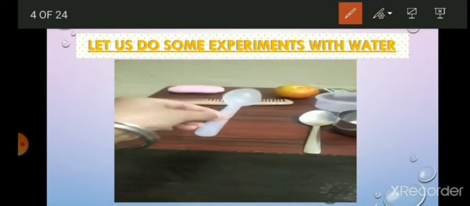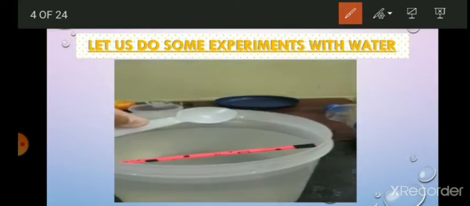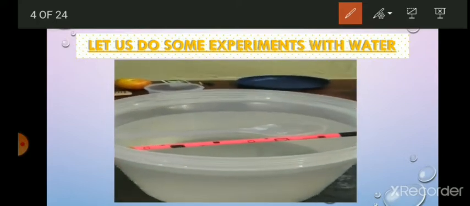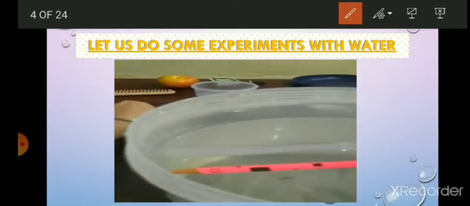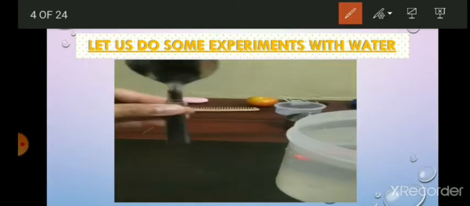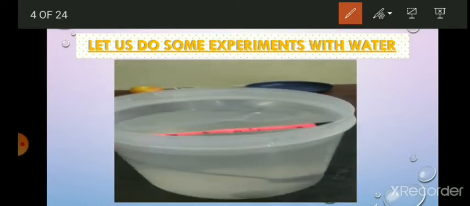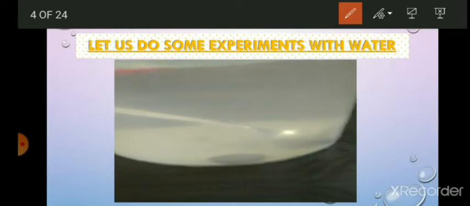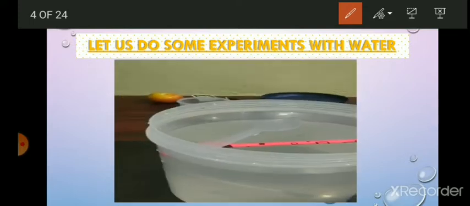Now, this is a plastic spoon. When I put it in, it floats. Plastic spoon floats. This is a steel spoon and it sinks. Steel spoon sinks in water.